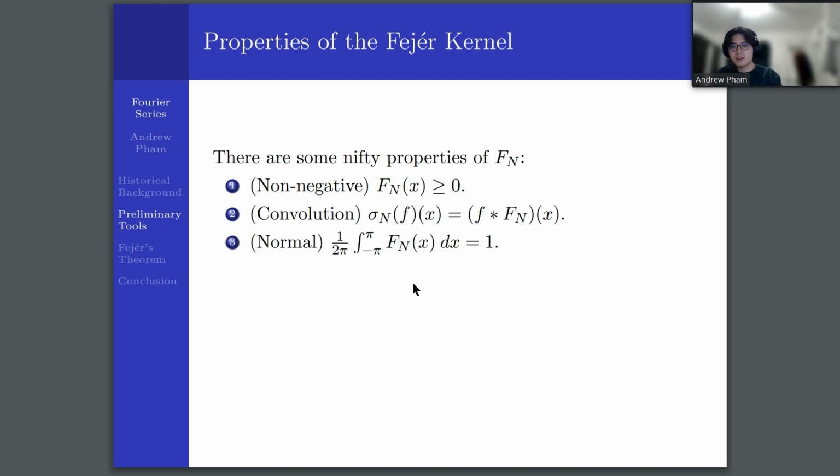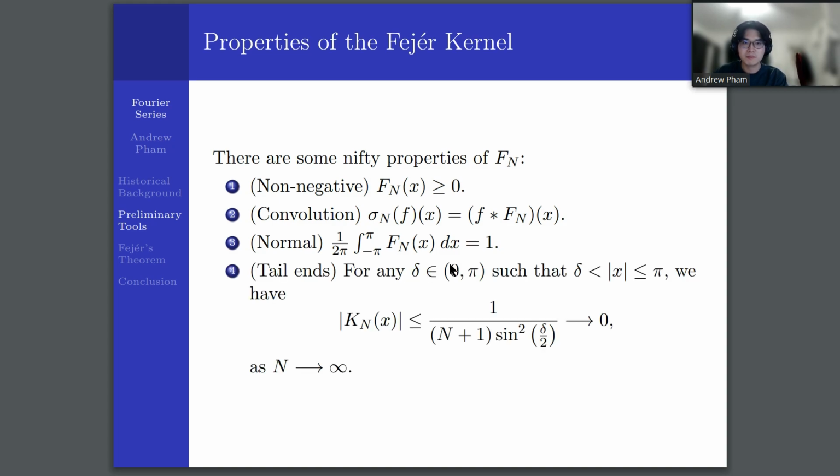And similar for the normal property, as in 1 over 2 pi times the integral of the kernel over minus pi to pi will be precisely 1. Using the previous techniques for the previous property, and also the fact that e to the ikx forms an orthogonal set. And lastly, to address the tail end phenomena, we have the tail end property, such that if